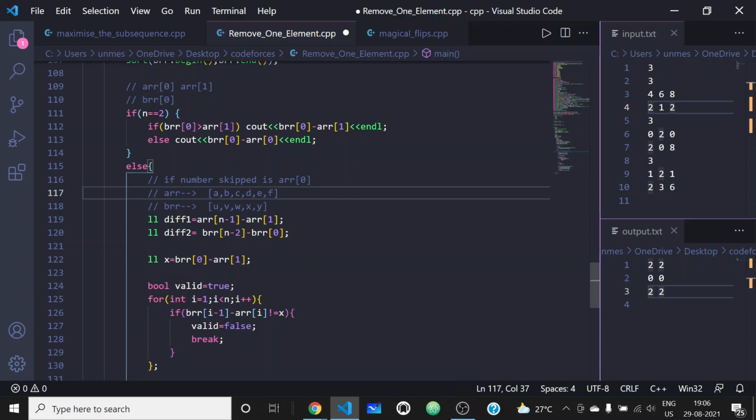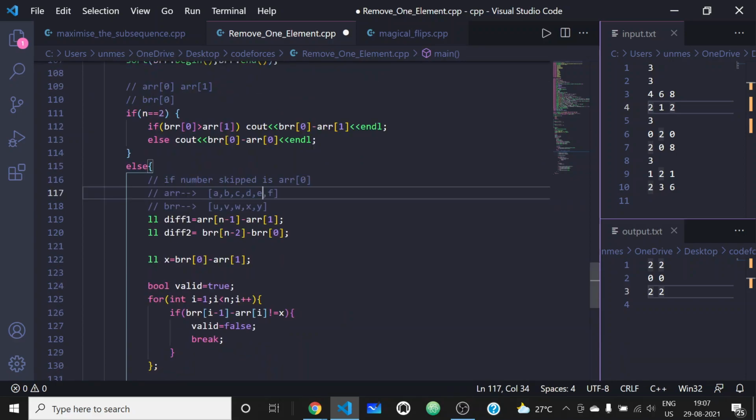So we know that Bob left out one element, and he added X to all the remaining elements to construct this array. So this one element that he skipped may be the first element, it may be the last element, and it may be some element in between.